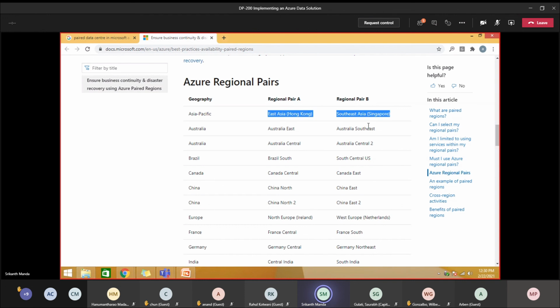Because you don't know, but this is a primary replica, the PRA. The resource that you created in East Asia, because you selected East Asia, is getting created in Hong Kong. Now you are working with this, but at some point of time it goes down. So the secondary replica, which is getting created in Southeast Asia, that is in Singapore, will be up. So what happens here, this primary replica will every time